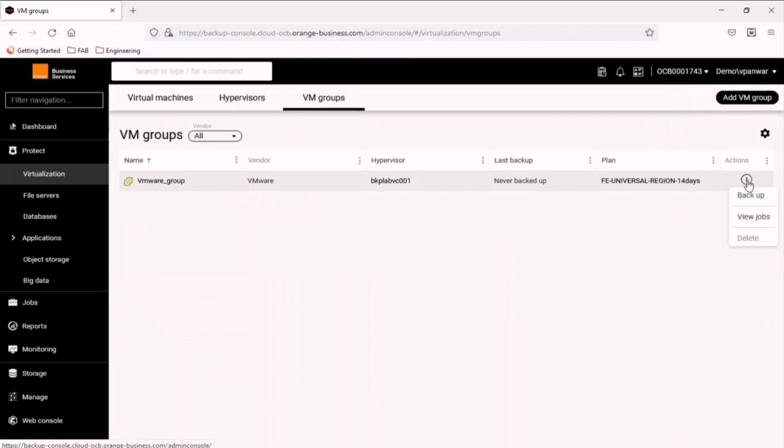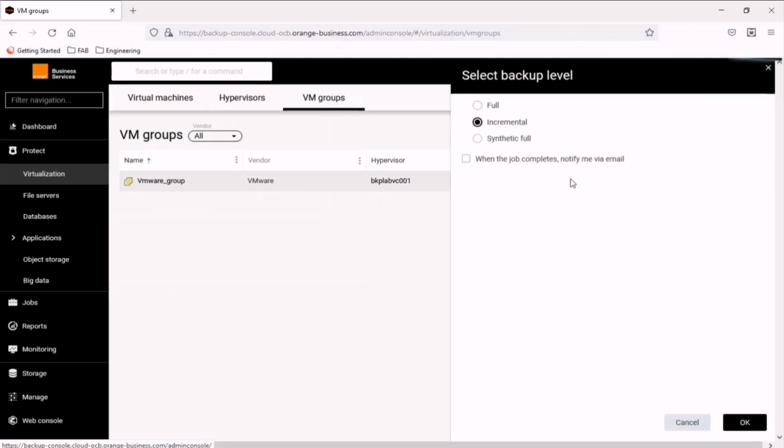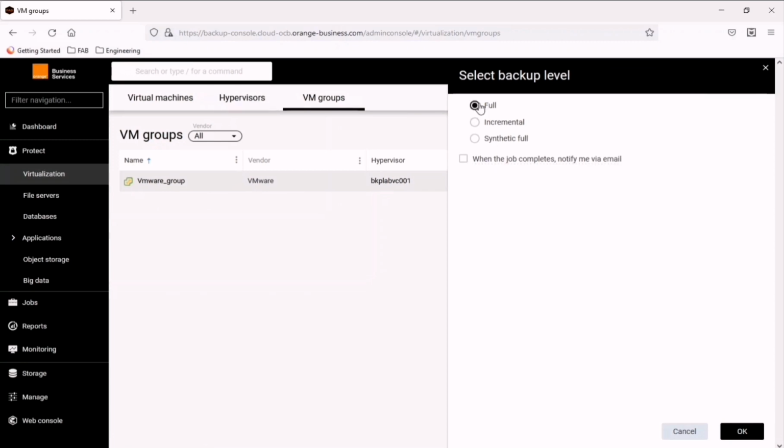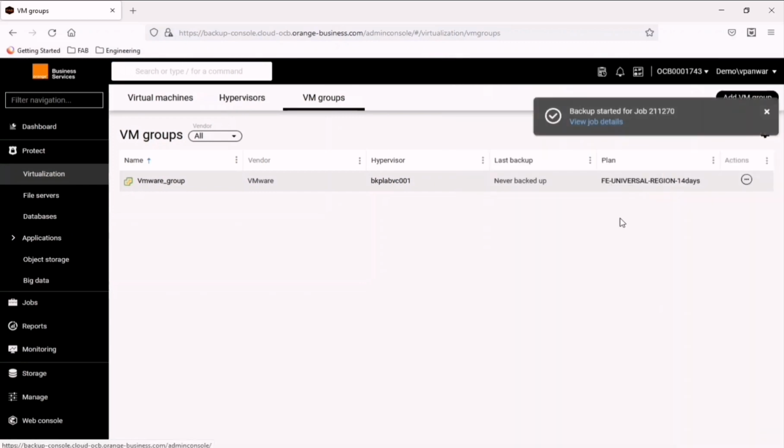So just click on the three dots under the actions and click on backup. This is the first backup, so we are taking a full backup, and click on OK. You can monitor this backup.